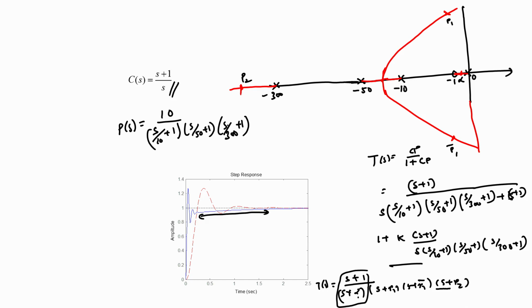In this particular case, however, the gain of our controller C(s) is simply equal to 1, which means that for this particular case our alpha was not really as close to the point s equal to minus 1 as we wanted it to be, and as a consequence of that, the effect of this slow pole was not adequately suppressed by the 0 s plus 1, and the fact that it was not suppressed was what contributed to the existence of this long tail in the closed loop response of our system.